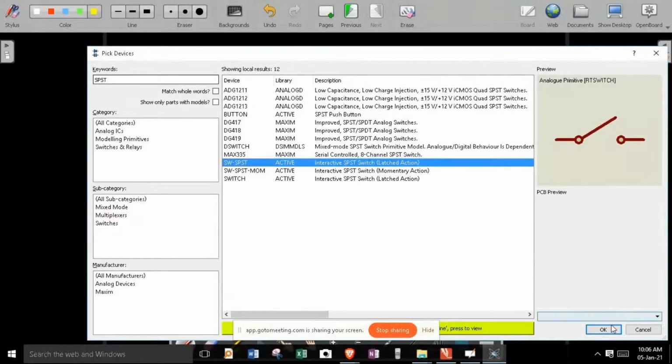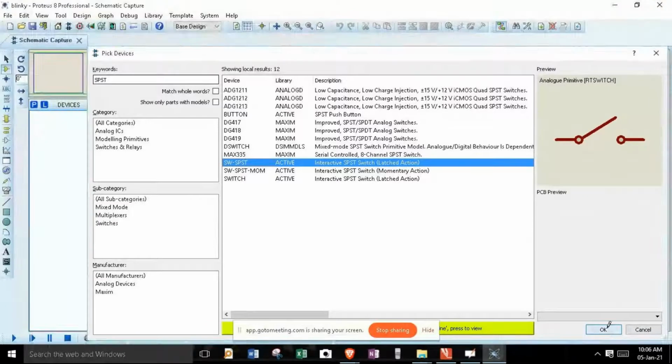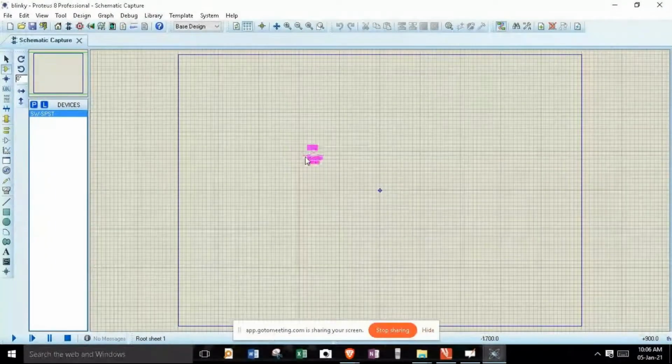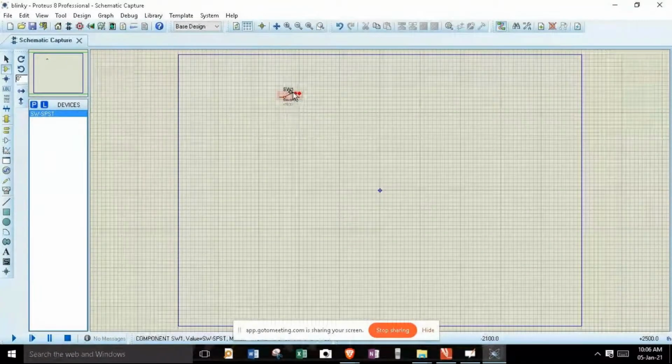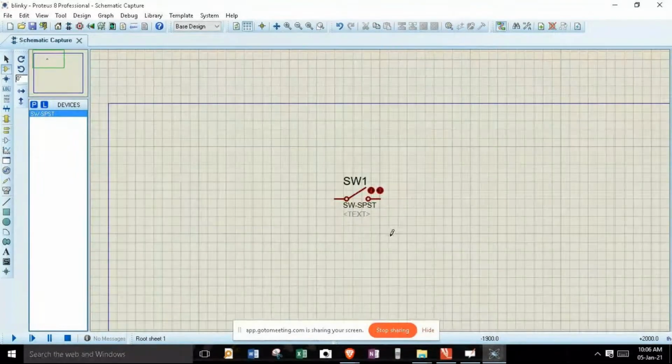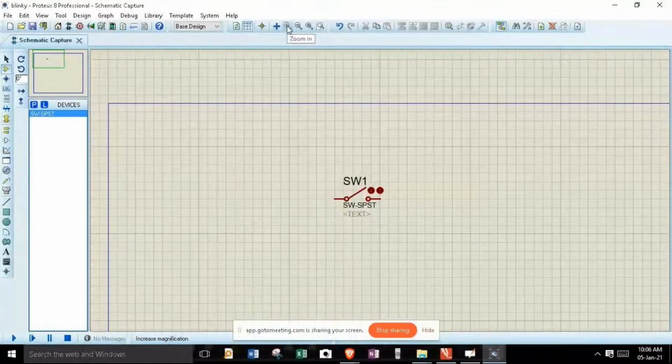Now I got to hit on OK, and right after doing that, I can place this component anywhere in this window. So let me zoom in a bit. You can make use of Control plus in order to zoom in, or there are a lot of icons available here in order to zoom in.